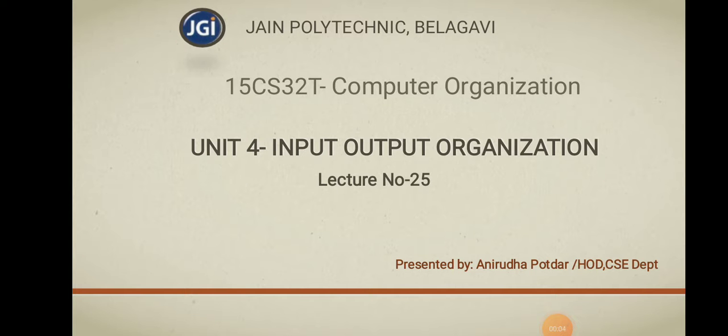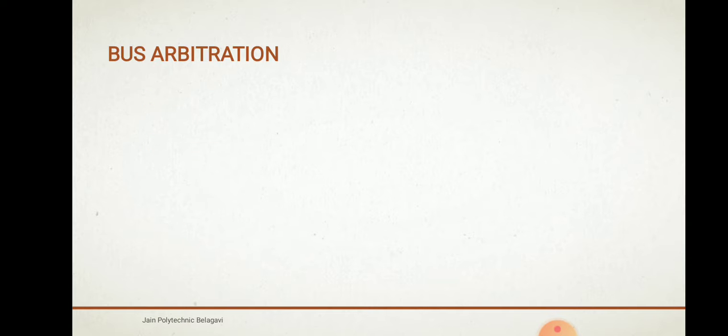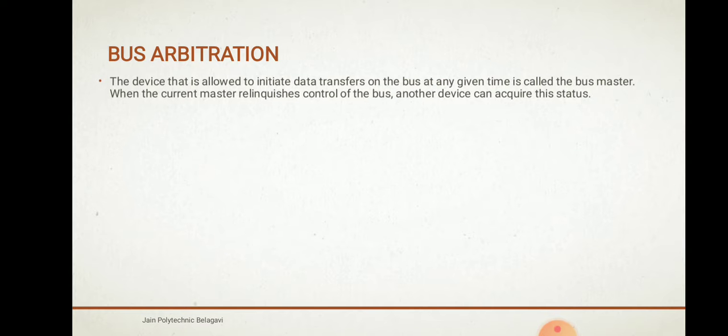So today I am going to discuss unit number 4, input output organization, lecture number 25. The contents that we are going to discuss in this video are bus arbitration, buses, synchronous bus and asynchronous bus. Bus arbitration. Now the device that is allowed to initiate data transfer on the bus at any given time